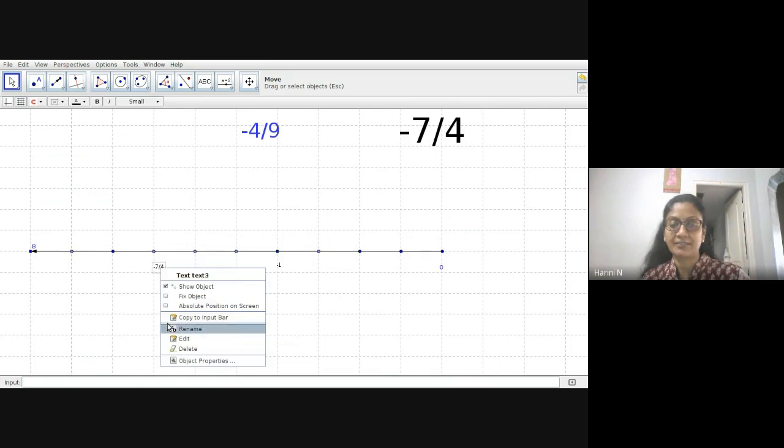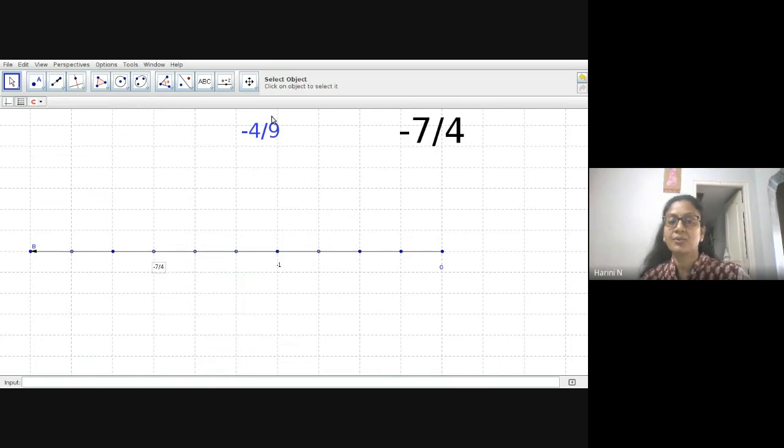So this is your negative 7 by 4, which means you have already got your rational marked on the number line. You have identified it. Do you get it? See, this is your negative 7 by 4. So this is how the rationals are located on the number line. It can be a negative rational or it can be a positive rational. You must only remember negative rationals means on the left side of 0, whereas when you're doing the positive rational, you have to use the right side of 0.